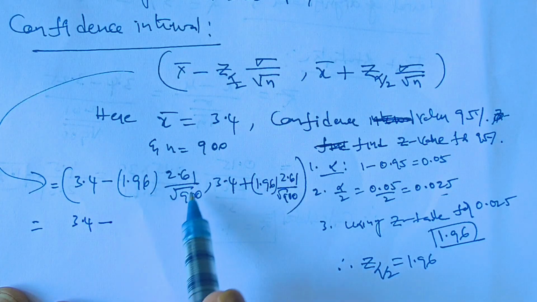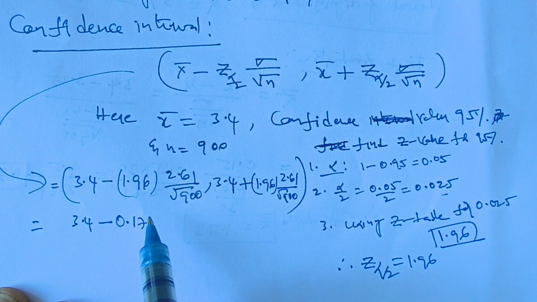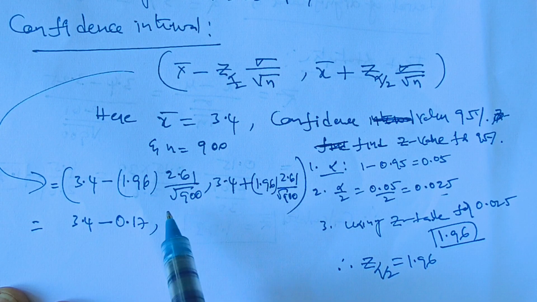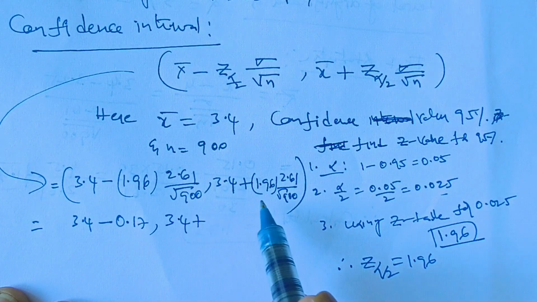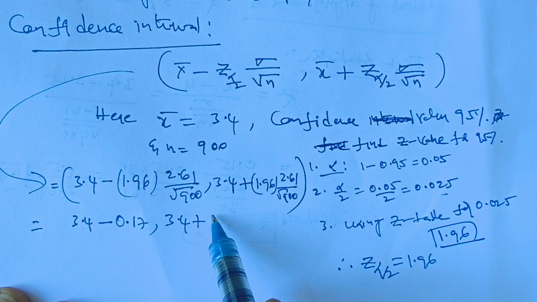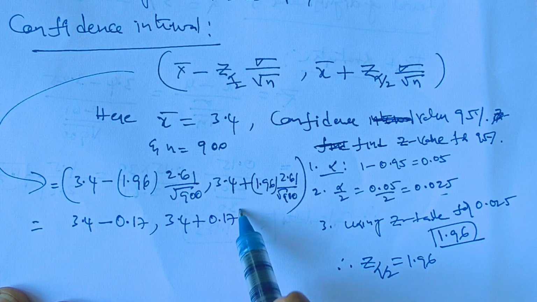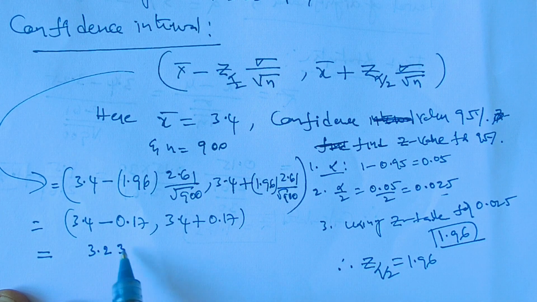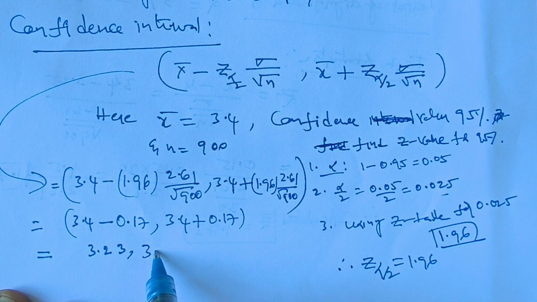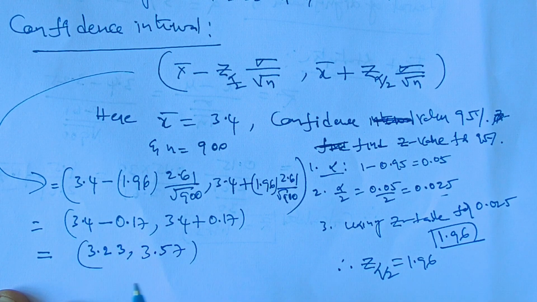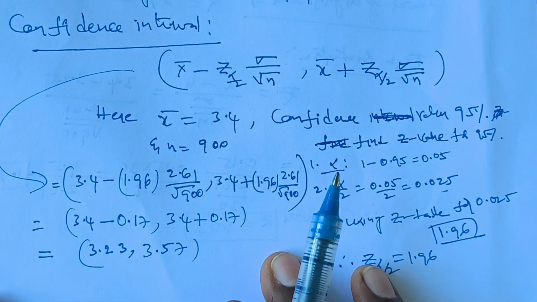By simplifying this, 3.4 minus the value of this is 0.17 comma 3.4 plus 0.17, that is equal to 3.23 comma 3.57. This is the confidence interval